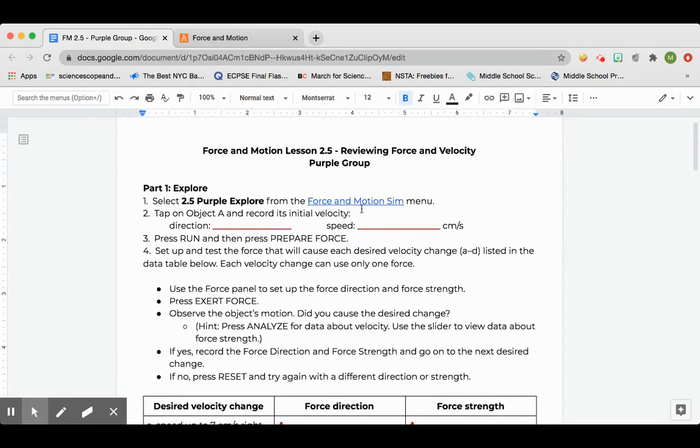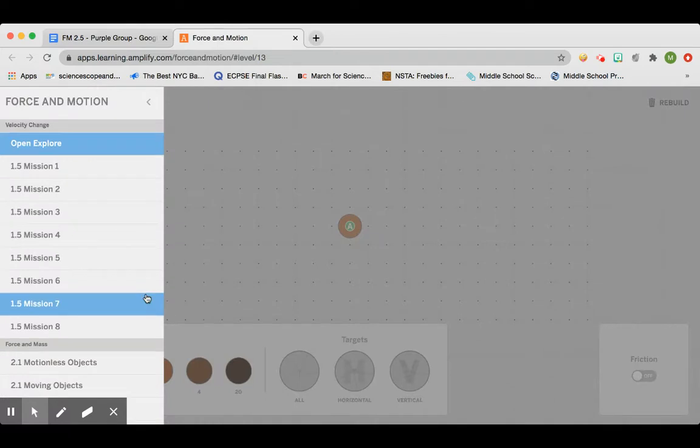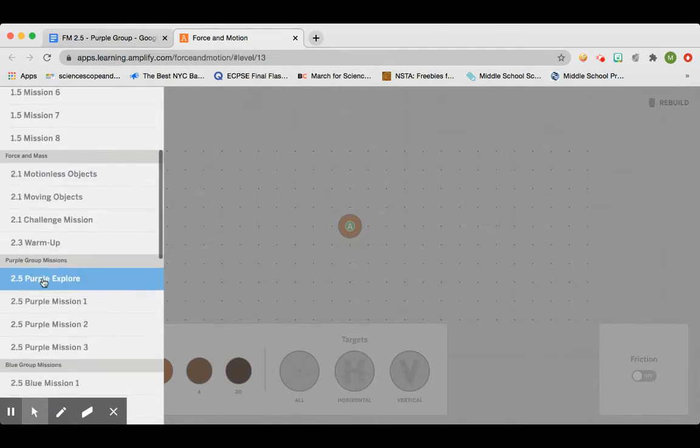So just like most activities, we're going to have the force and motion simulation open in another tab. And to make it easier, if you'd like, you can split screen them so you can easily click back and forth between the two. To start today's, we are going to select the 2.5 Purple Explore. Come to the side, find the 2.5 Purple,